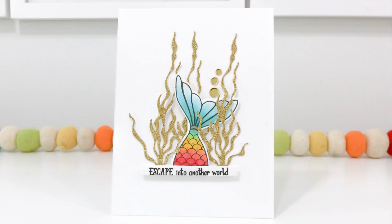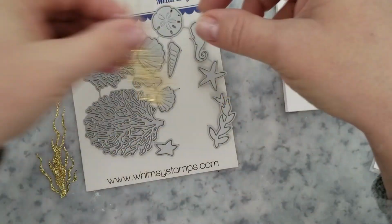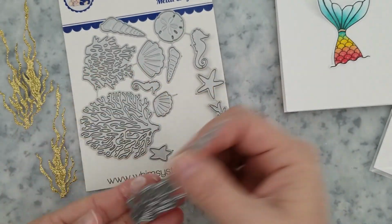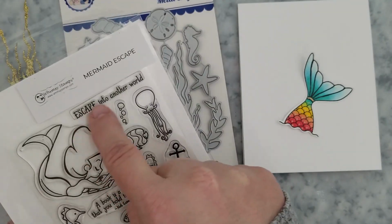Okay, so we're going to go ahead now and start assembling the cards. These are really easy to put together. So for this card here, I did some die cutting off screen using the Build an Ocean die set, and I just used that tall seagrass piece there and gold glitter cardstock, ran it through the die cut machine, 3 pieces of it. I also am going to use the Mermaid Escape stamp set and use this sentiment right here,